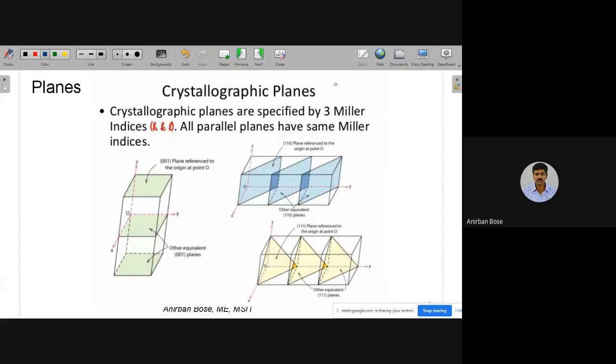Now, let us clear the concept of planes. It is very, very important, and many misconceptions are generally created because all these things are not clearly explained in different books. I have seen in different books it is represented in such a way that it is very difficult to grasp the main concept of the representation of a plane. So it is very important to understand. So listen carefully. If you have any doubt, don't hesitate to ask me. See,